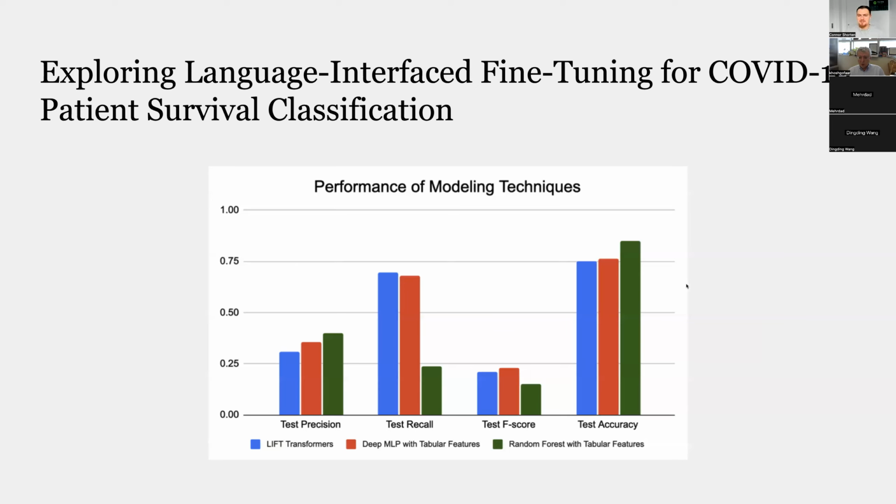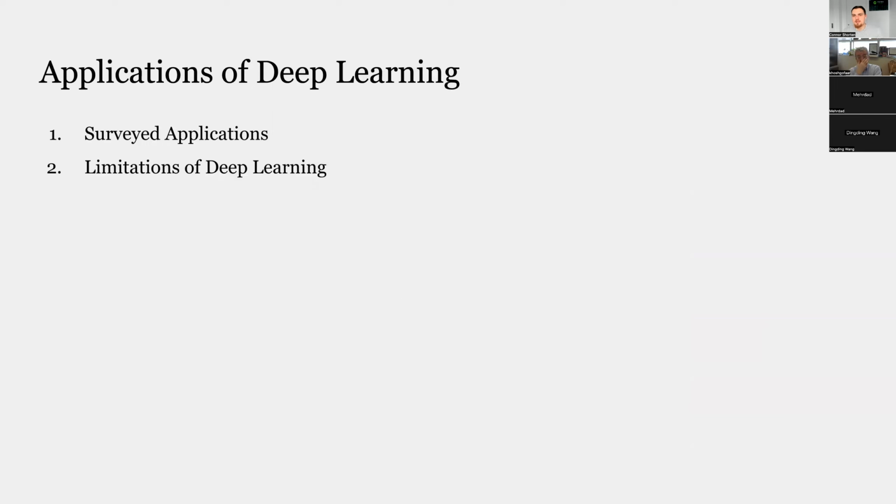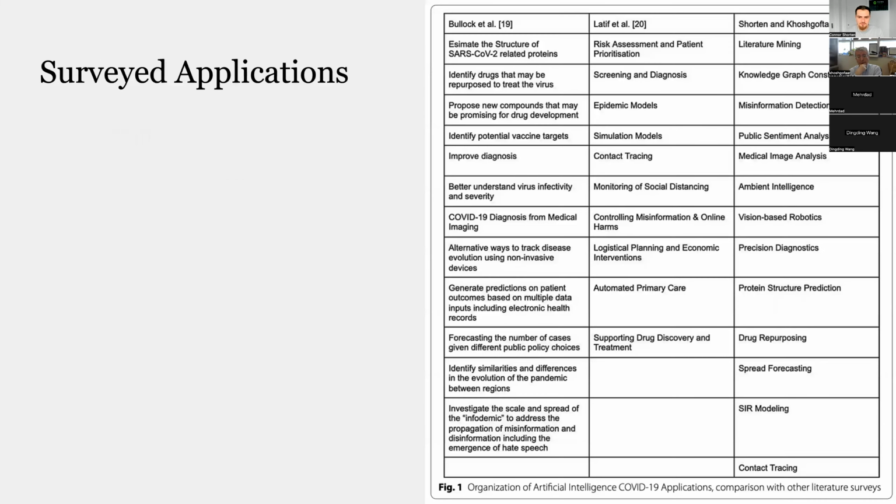Generally in deep learning, scale has been shown to be super impactful. So we would imagine that the blue is the language interface fine tuning, and I would imagine that we would surpass this if we continued to scale it, but it's not super obvious how to do that. Another thing that I did was look broadly at applications of deep learning, particularly in the context of COVID-19, and this really helped shape my focus and my understanding of what deep learning is capable of.